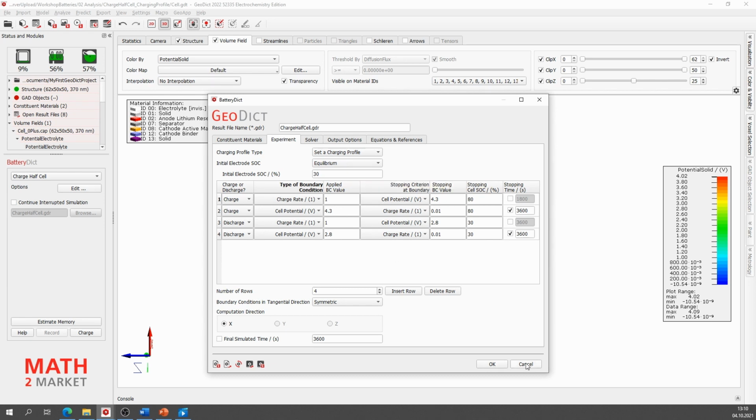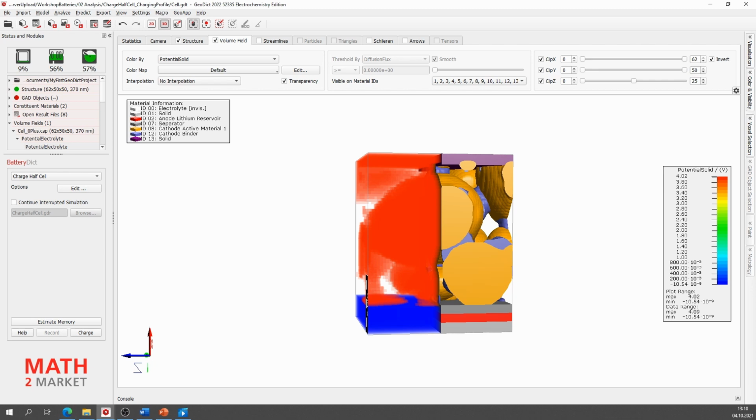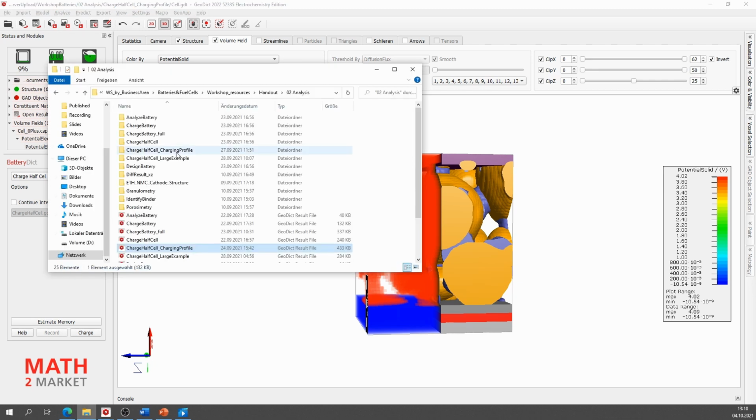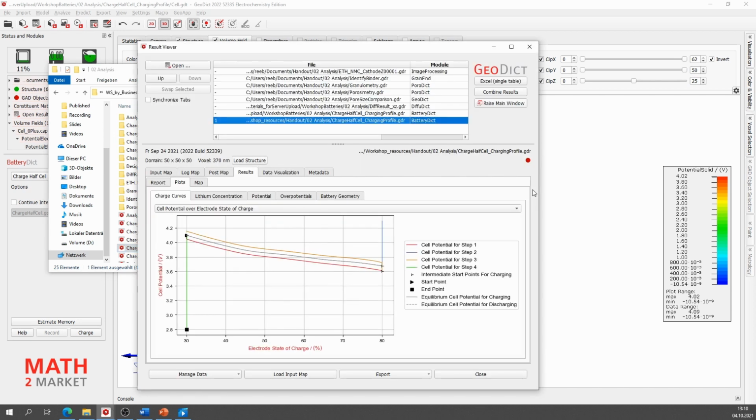So we go now on cancel, and you open the handout analysis 72, and you go until you find the GeoDict result file, charge half cell, charging profile, and you're going to load this via drag and drop into GeoDict. And here you can now see the results of this charging profile you've been setting in.